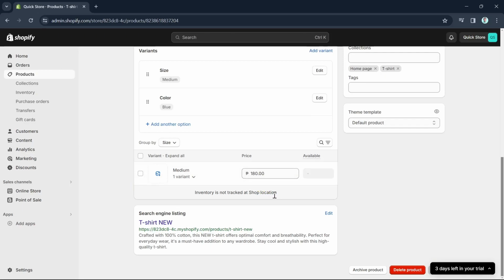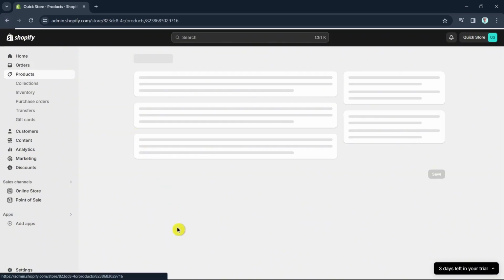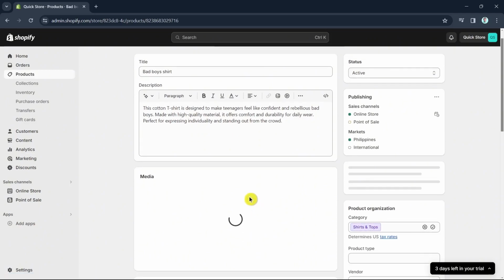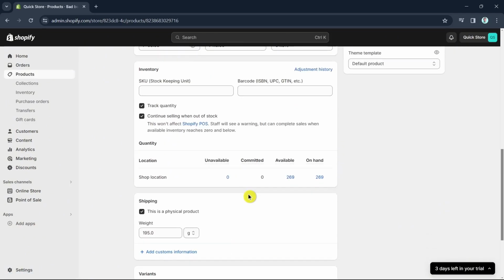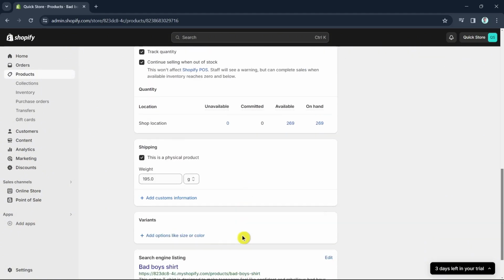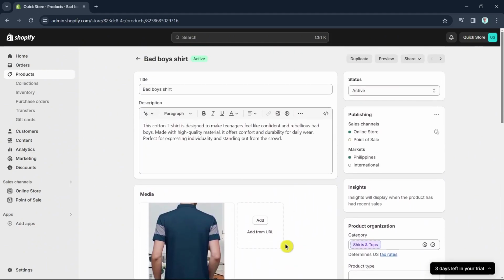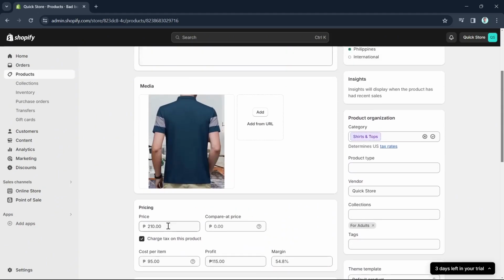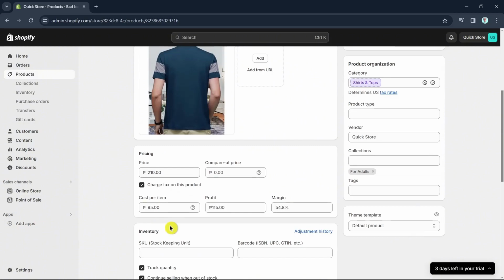But if you just want a single product, for example, we're going back here and going to this one. As you can see here, this product doesn't have variants. It has the markdown price from here. So it's basically 210 peso. And if we're going to insert a compare at price, for example, the original price of this product is like 350 peso,